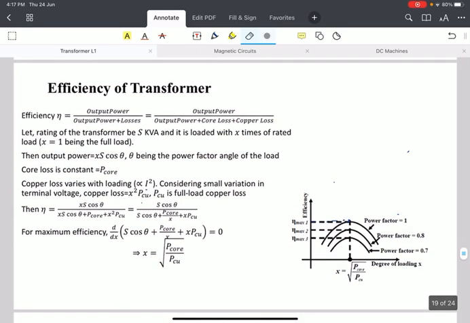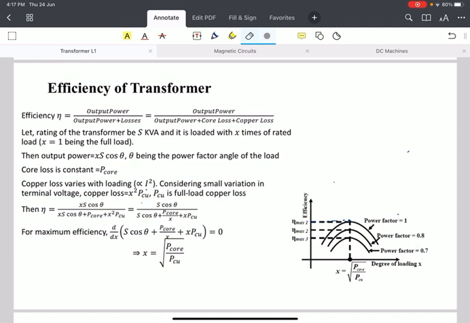In the previous lectures, we discussed the open circuit and short circuit tests in order to find out the losses in the transformer. We found that by using an open circuit test, we can find the no load losses, and by using the short circuit test, we can find the copper losses in the transformer. We need to find the losses in order to obtain the efficiency of the transformer. We need to know the efficiency of any system before using it.